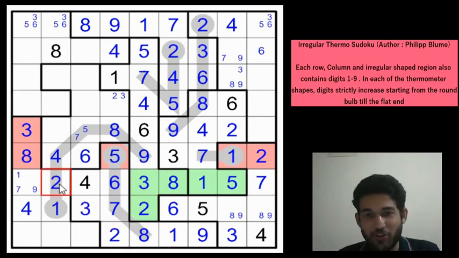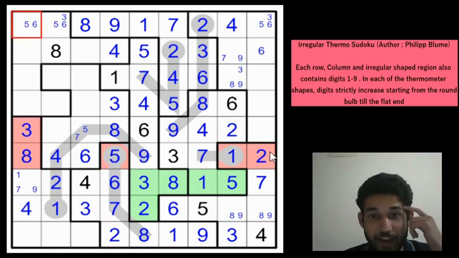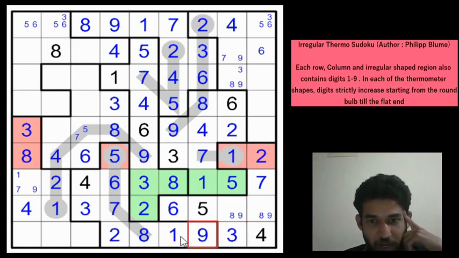Beautiful Sudoku, guys. So much fun to solve. Really so much fun. So you have a 2 here, so this is a 3. And you have a 3 here, this can't be a 3 now. 5, 6. Step by step we are eliminating and getting good progress in the Sudoku. So you have 3, 4, 1, 2, 8 and 9, right? So remaining digits are 5, 6 and 7.